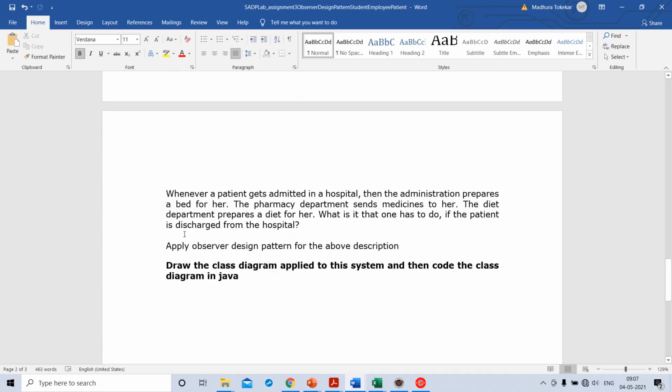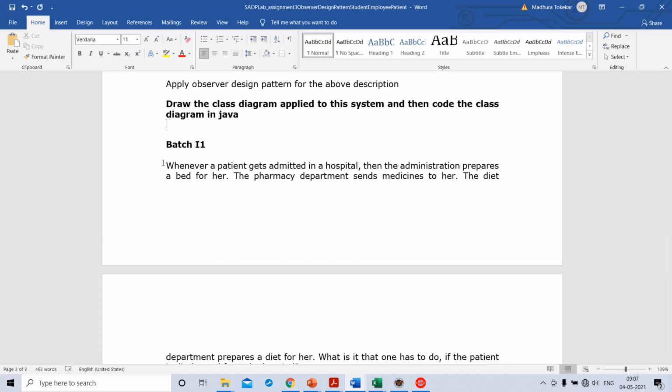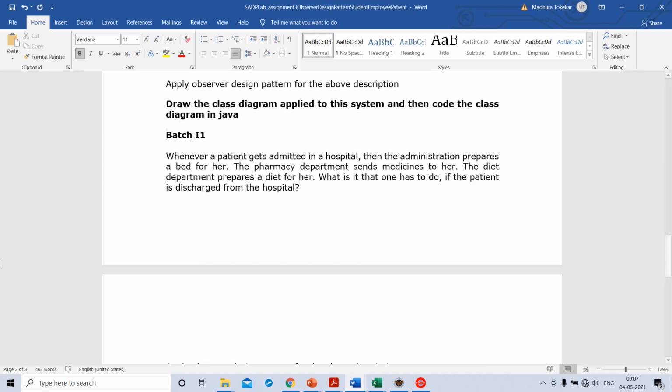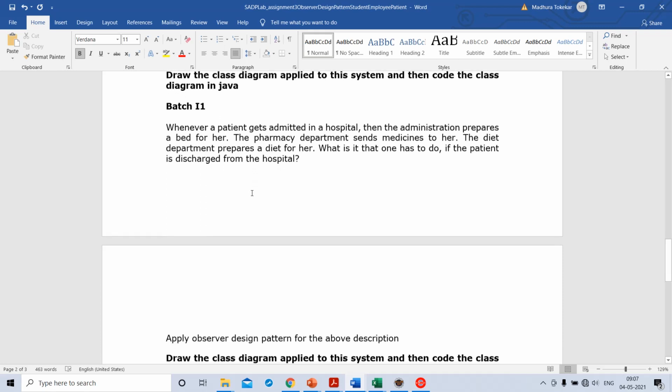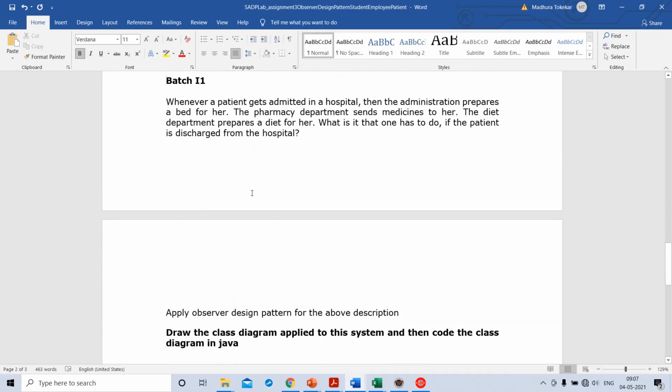For batch I1, when a patient gets admitted in a hospital, then the administration department prepares a bed for her, the pharmacy department sends the medicine to her, and the diet department prepares a diet for her. What is it that one has to do if the patient is discharged from the hospital? So you have to map this into the observer design pattern and go ahead with the class diagram as well as